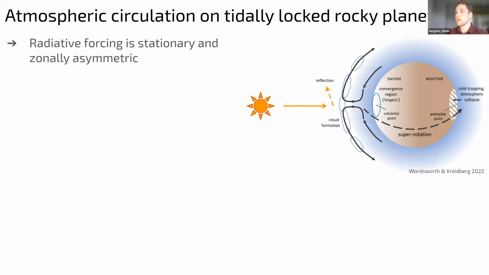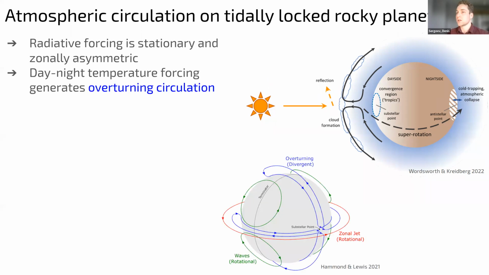As I just said, the radiative forcing for tidally locked planets is stationary and zonally asymmetric. As you can see from this schematic from Wordsworth's and Kreidberg's review, the stellar forcing produces energy input for the atmosphere on the day side and energy output on the night side, broadly speaking, which then produces a day-night temperature contrast, which forces